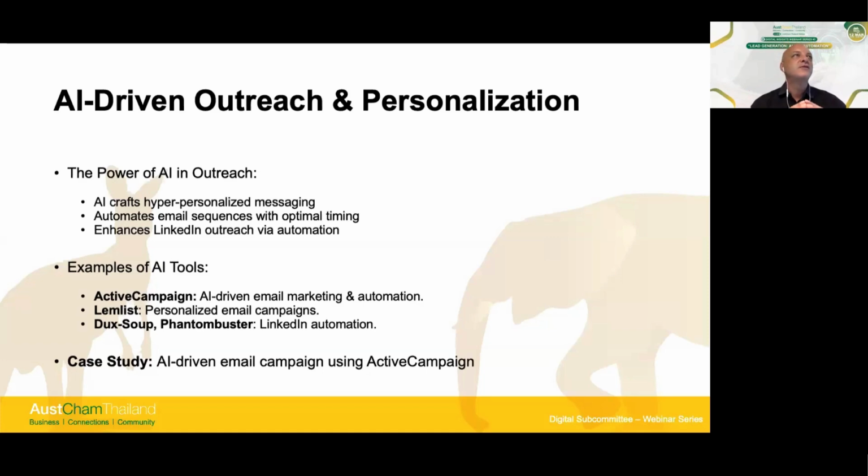Nobody wants to be spoken to as one in a 10,000, one in 1,000 in a crowd. Everybody wants to be spoken to one-on-one, and AI really helps with that in the marketing and the outreach. Really helps us to personalize at scale. Okay, so that's important. We're personalizing at scale, and AI can understand that person, can understand the interactions they've had